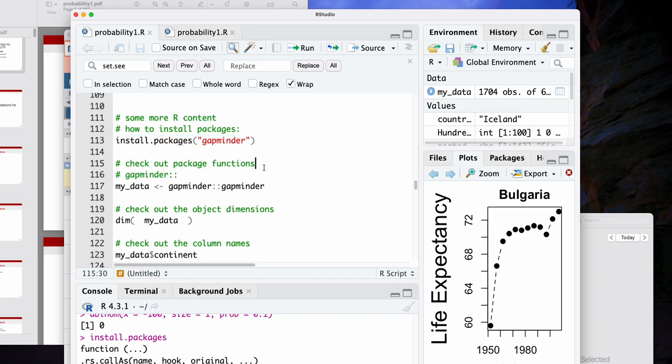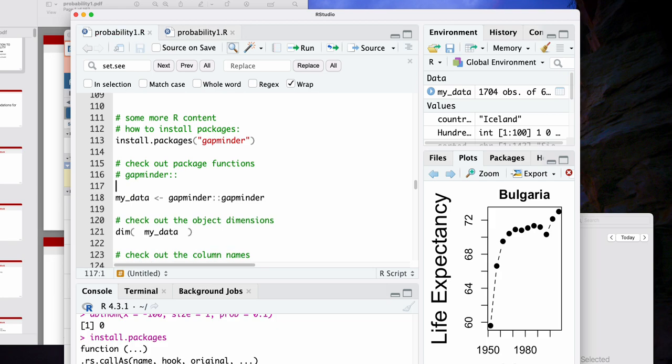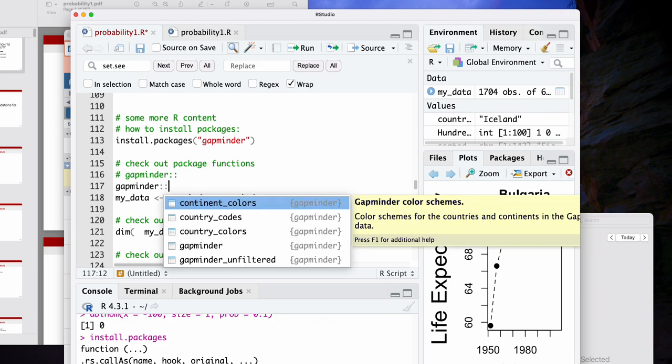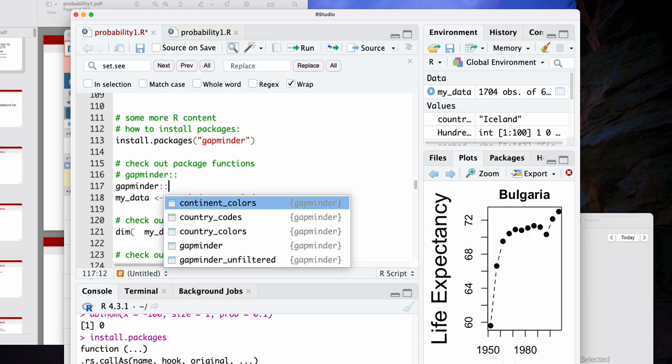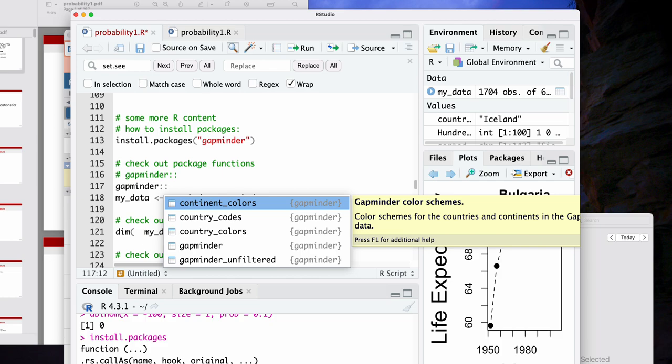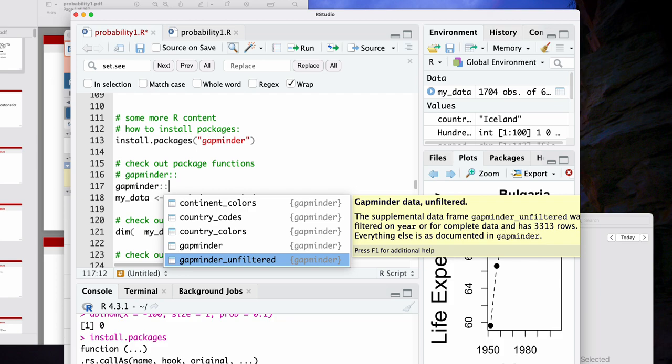One of the things that is going to be really helpful to you when you're learning about R is little tricks of the trade. So I've downloaded this package, but I don't want to have to pull up the PDF to look at the documentation. That's going to cause me headaches. My life is very short. As a result, one of the ways to look through what's in the package without looking up the documentation, which takes away our time, is to just do this double colon, and boom, there are all the functions associated with the package. And it looks like there are 5 things that this package defines.